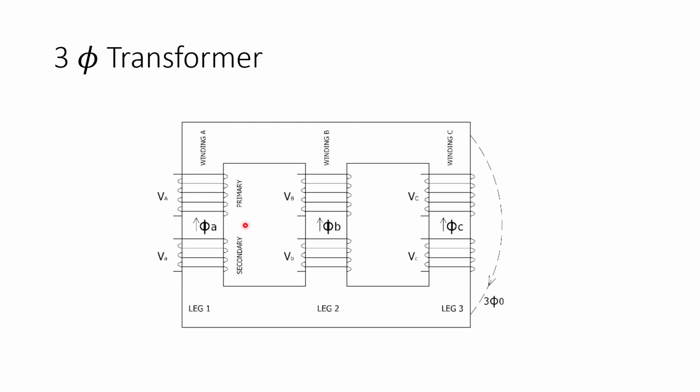In the construction diagram of the transformer, we see that all the coils are parallel to each other and not spatially arranged 120 degrees from each other. So we see that although the supply phases are 120 degrees apart from each other, which means it satisfies the first condition, sadly the transformer does not satisfy the second condition, which is the spatial arrangement of coils 120 degrees apart from each other. And that is why a three-phase transformer is not able to produce a rotating magnetic field.